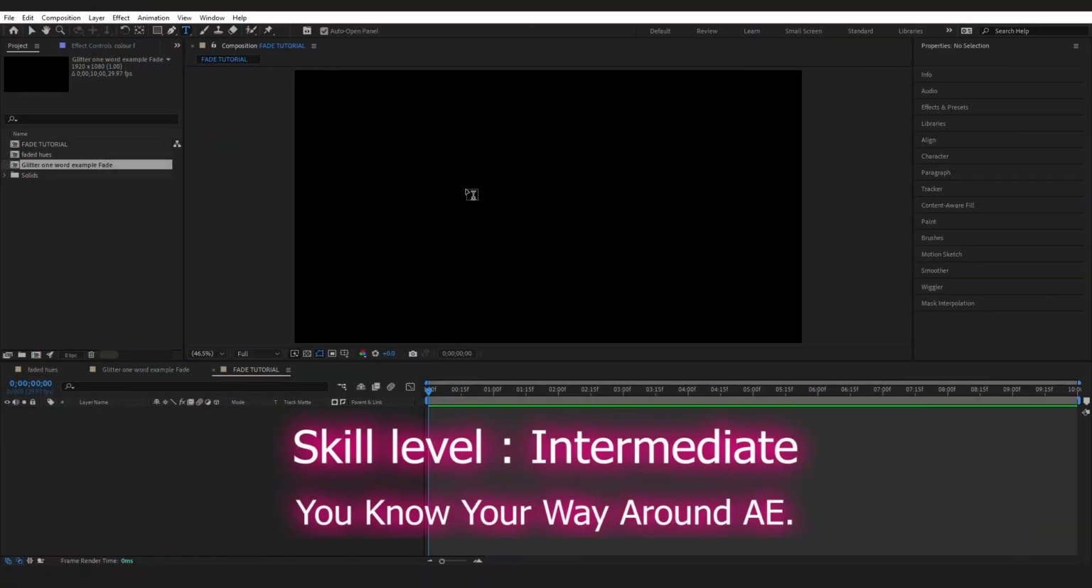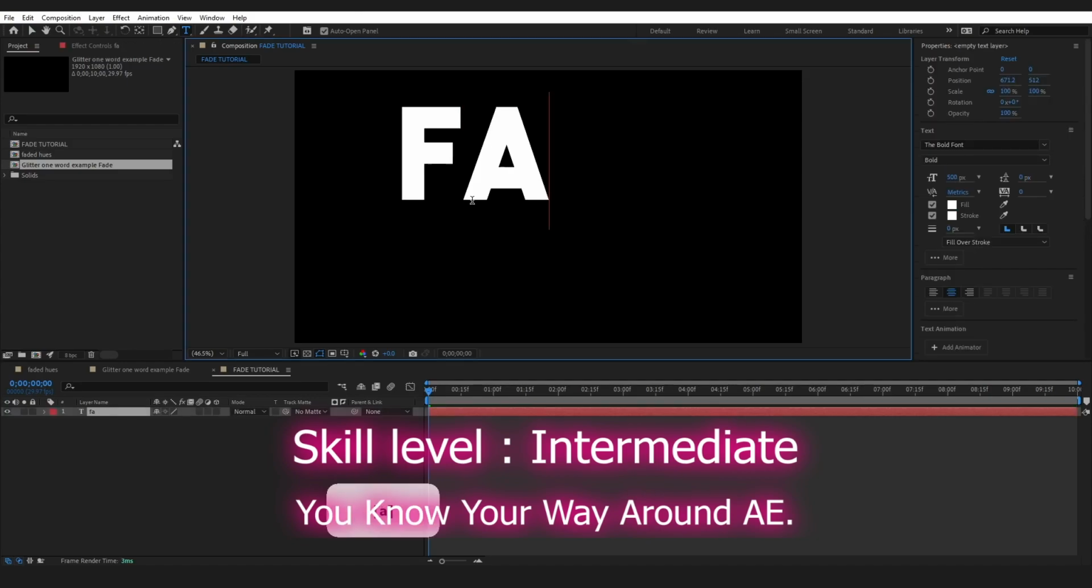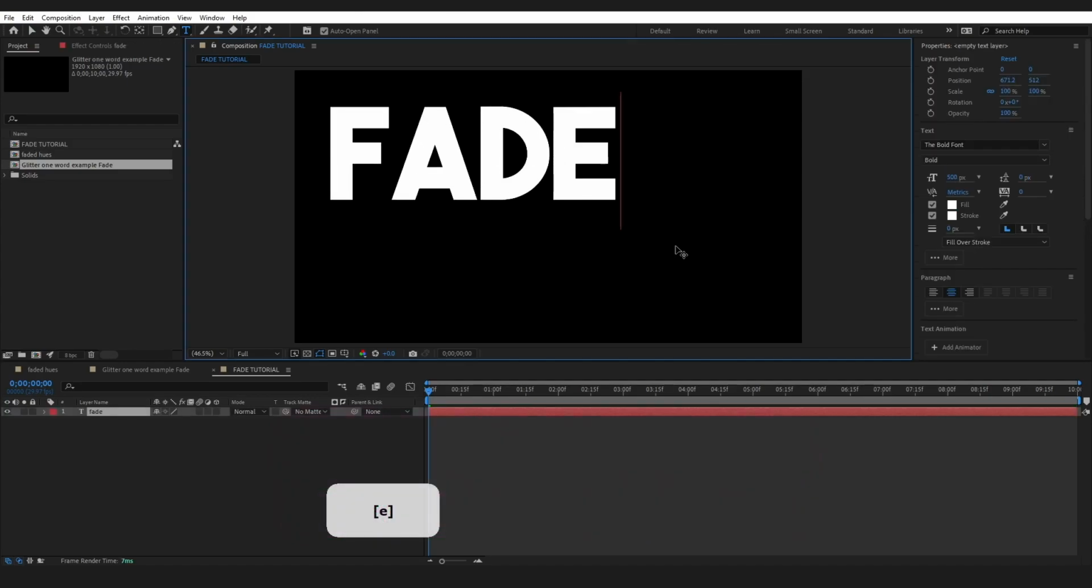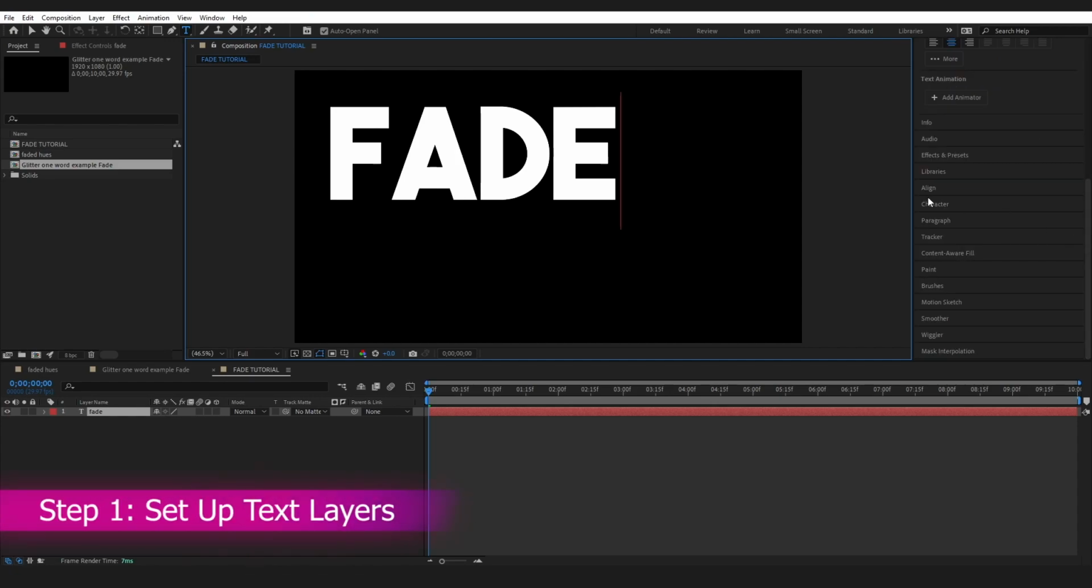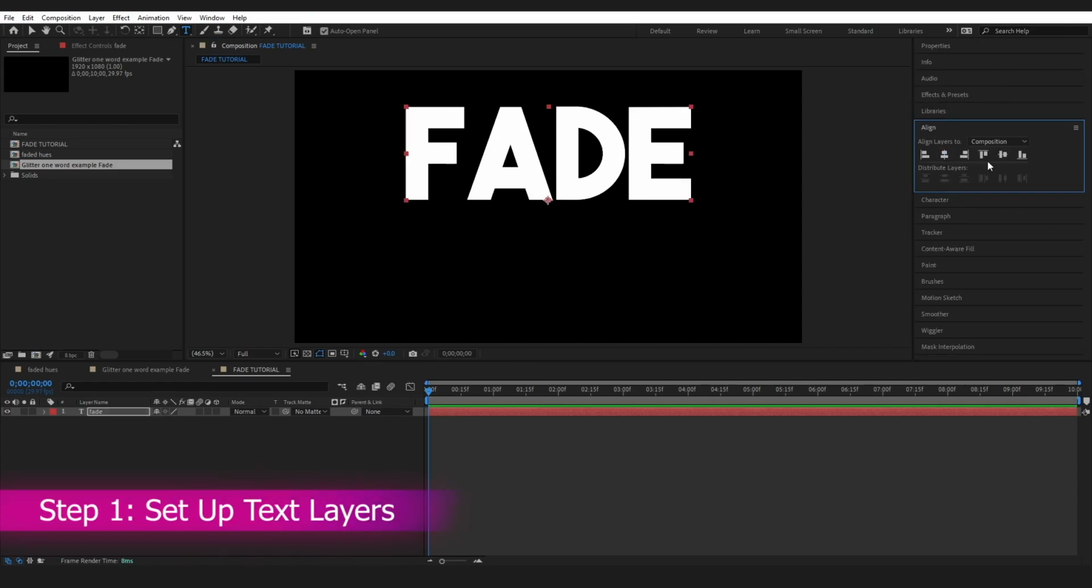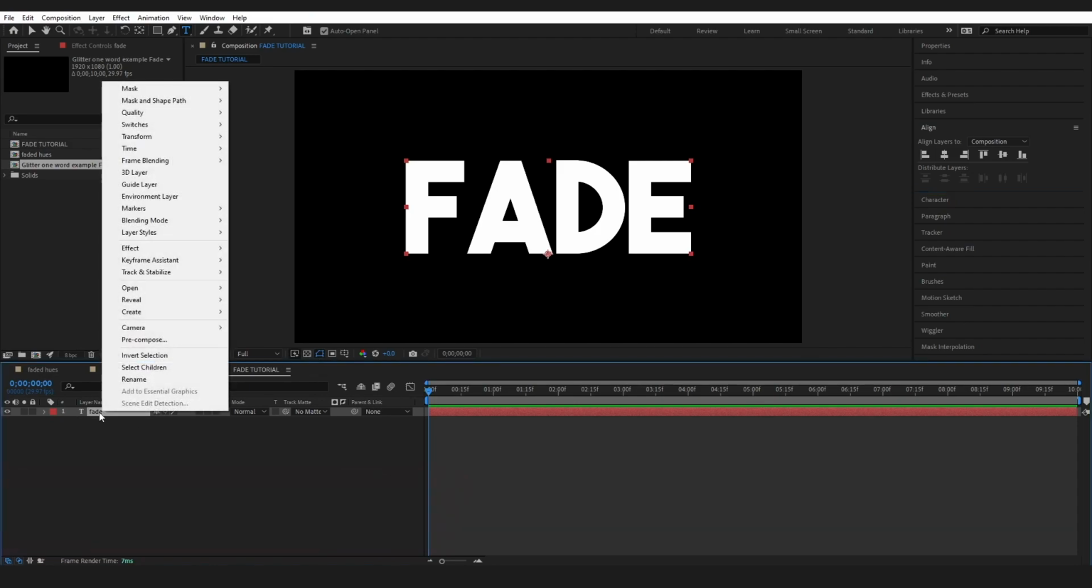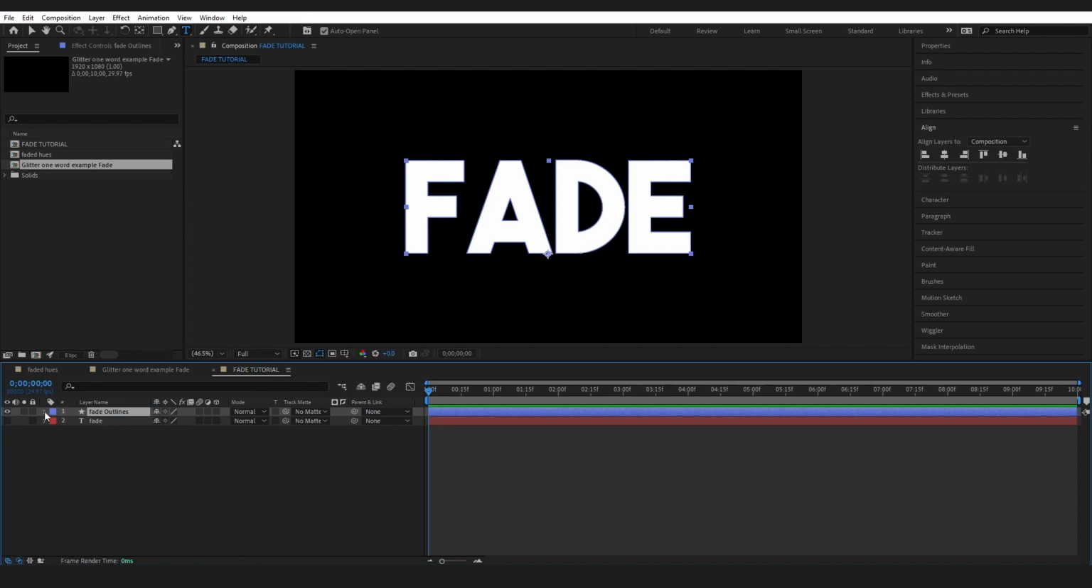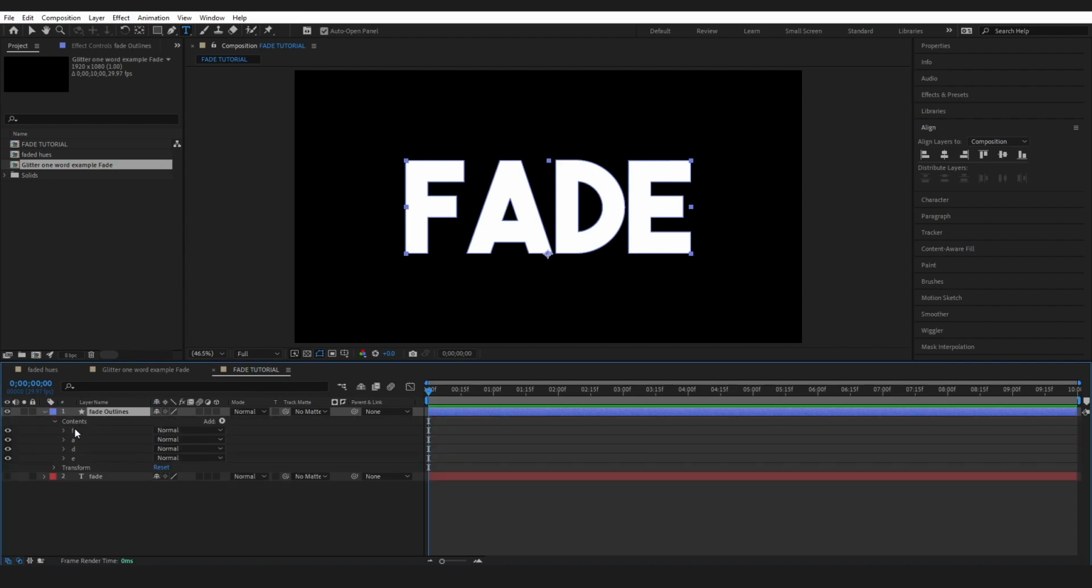Grab your text layer and type out whatever you want. Probably a bulkier text is going to suit this effect a little bit better. I have used the bold font, and I'm just going to align this to the center and then come down to my text layer, right click and go to create shapes from text. So if I drop down into the shape under contents, I can see that each shape has been put onto